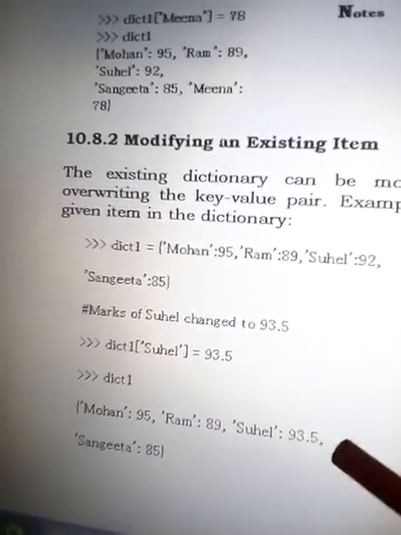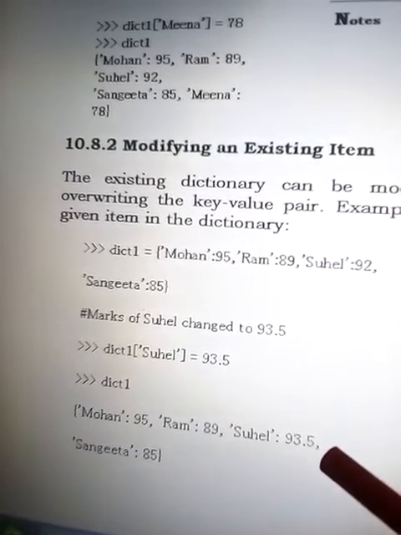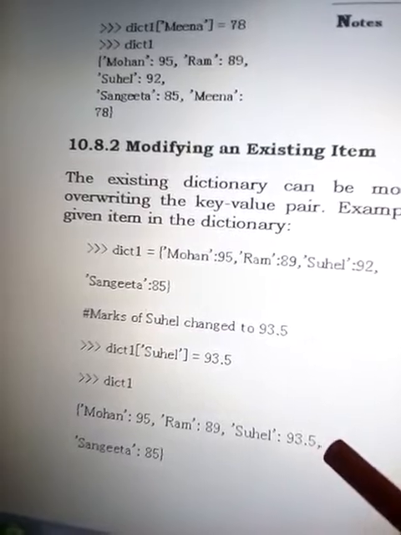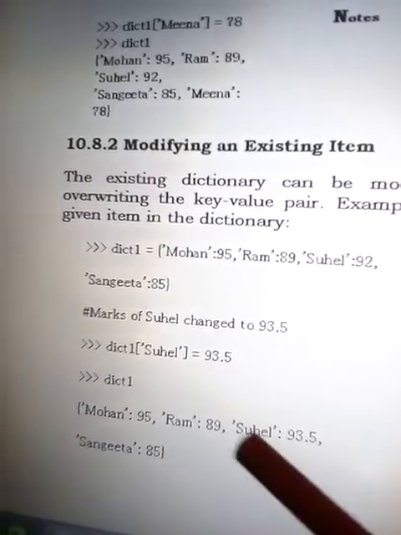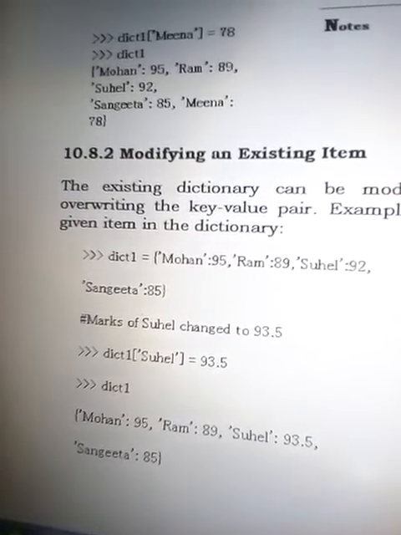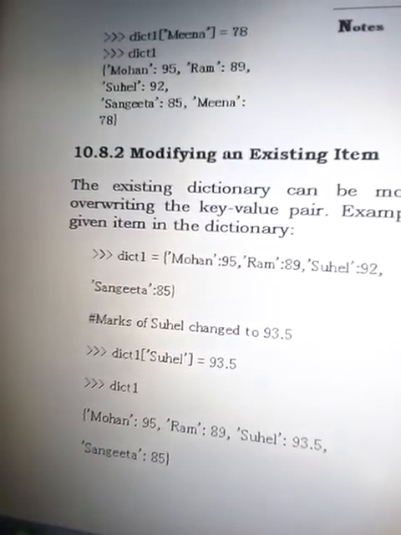Now the new value comes instead of 92, that is 93.5. It is modified here. The next element would be the same. So in this way we can modify an existing item, or change the value of an existing key in the dictionary.